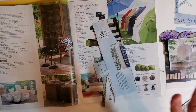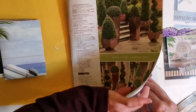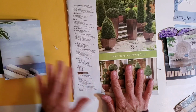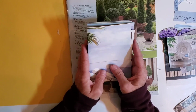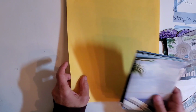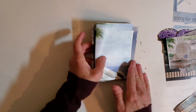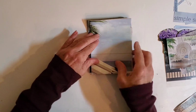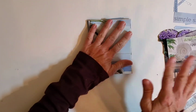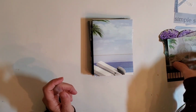All right. Okay, so maybe the takeaway is that we just used a couple of magazines. So we used the Grandin Road and this RTH, and I'll have to find out exactly the name of this catalog. Rustic Trend, something like that. I can't remember. But that's it, so we didn't have to really get out a whole lot of supplies to work with. We've got our glue stick, our scissors, and 2 magazines. Let's start